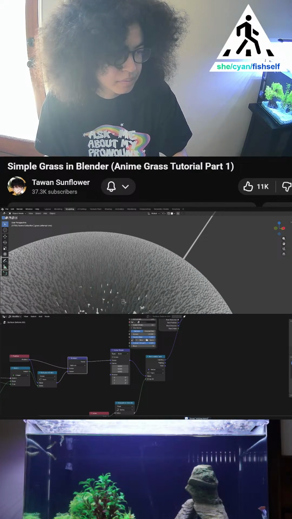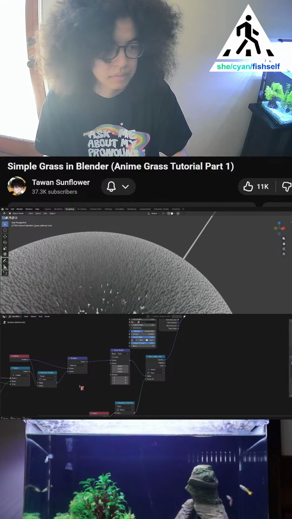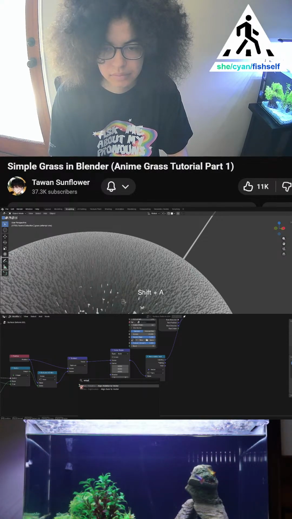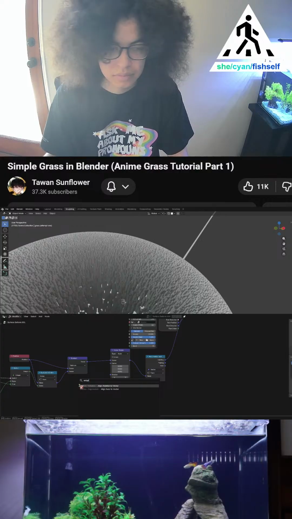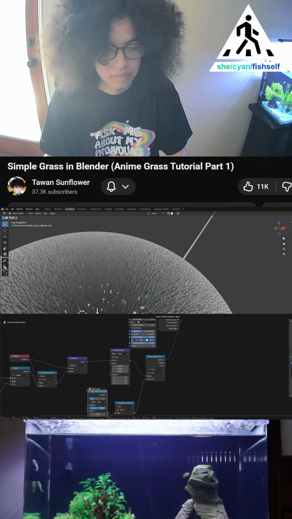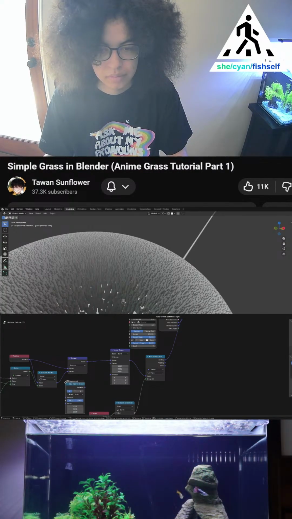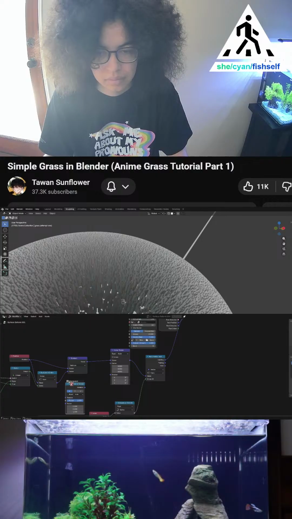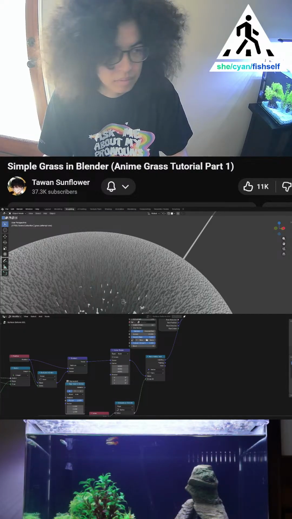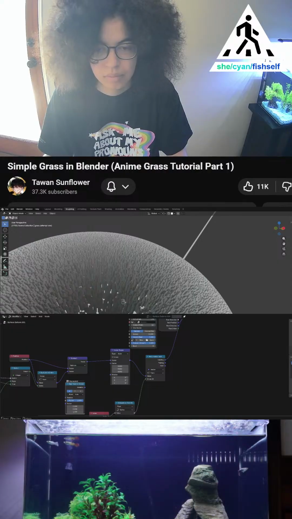Now let's get this grass swaying in the breeze. We can use a node called align rotation to vector to control the rotation of each grass blade. Think of it like pointing a finger in a direction. Blender will automatically calculate the rotation for that direction. Set the align mode to Z-axis, and for the input vector, we'll use 1, 0, 0. This makes